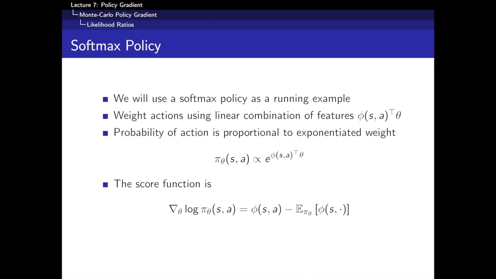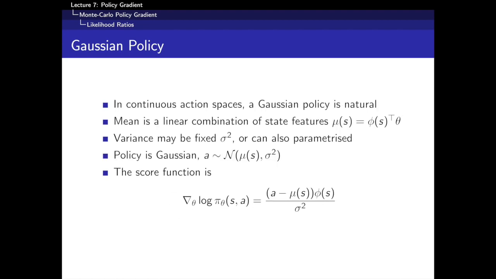Okay, so this is the softmax policy. I just want to give one more example of policy, which is the Gaussian policy. In a continuous action space, like the IBO example, the commonest policy to use is a Gaussian policy. And what do we do with a Gaussian policy? Well, we basically just parameterize the mean of this Gaussian, and then you have some randomness around that